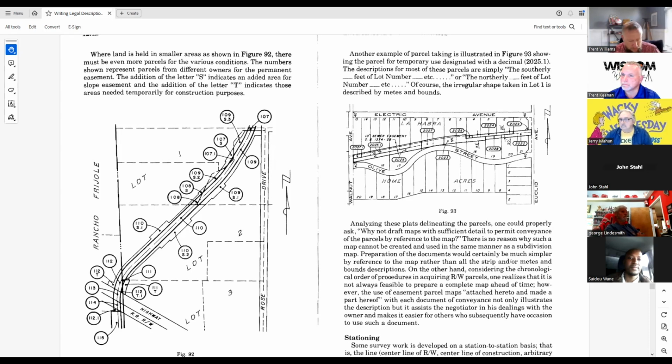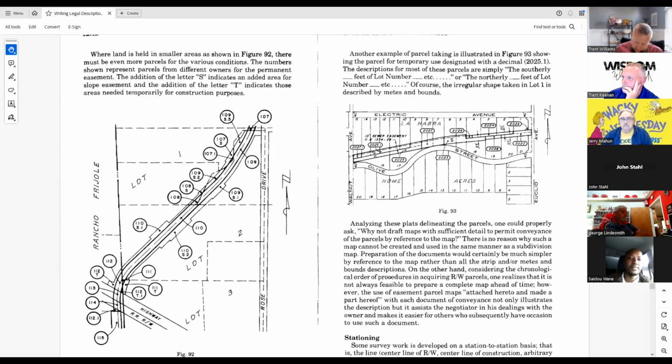Okay, I'm going to jump to the end of this chapter here real fast. There's just a couple other points that I wanted to pull out, and certainly stop me if you want to address anything else. But he talks about other types of easements on 1217, and he talks about a license. A license gives a personal privilege, unassignable and terminable at will, to do something on another's land which contains no interest in that land and which is not required to be created by a conveyance.